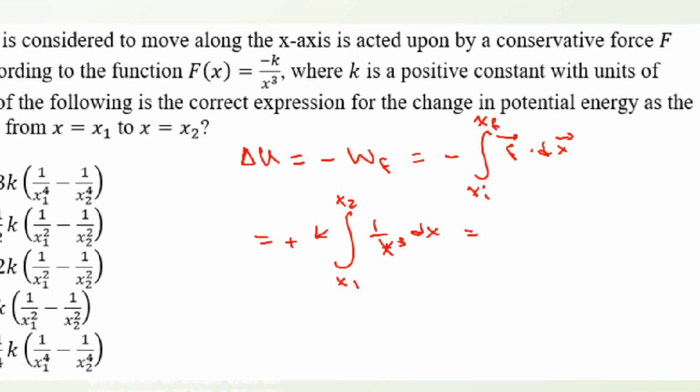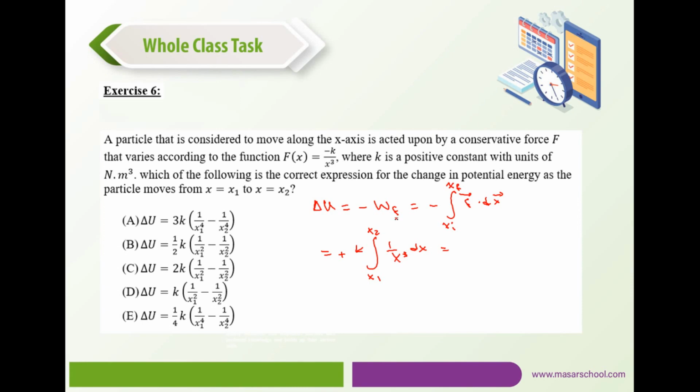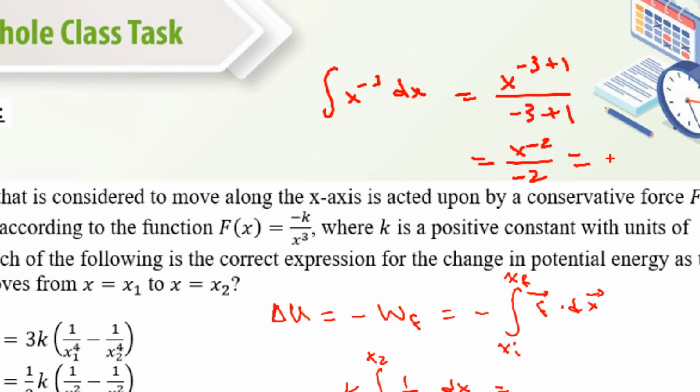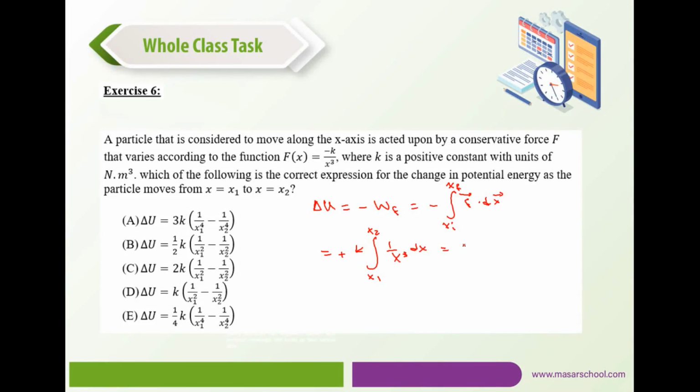Now this can be integrated by utilizing that it is a power function, x to the power minus 3. Then the integral of x to the power minus 3 dx, we don't forget the dx, we add the power by 1 and we divide by the final power, and that would be x to the power minus 2 divided by minus 2, which is basically 1 over minus 2x squared. Then the result would be given by k into minus 1 over 2x squared